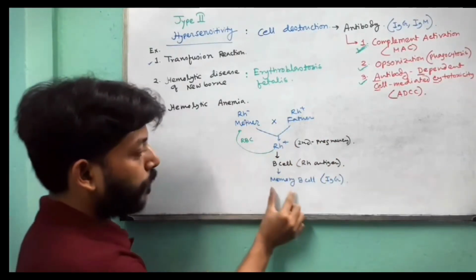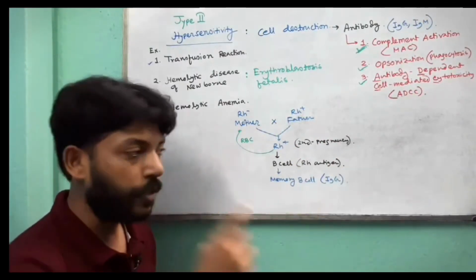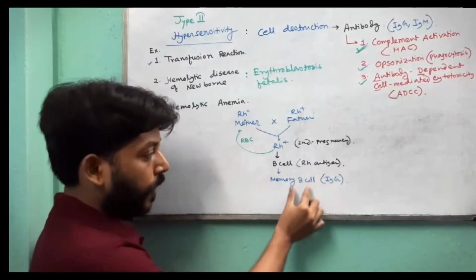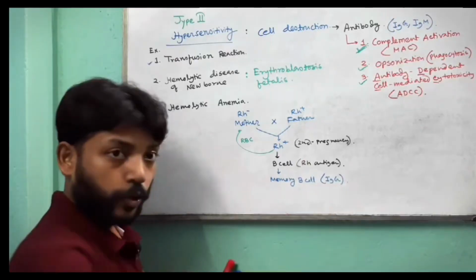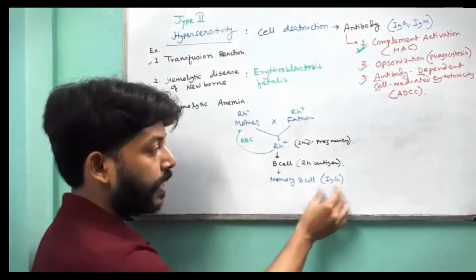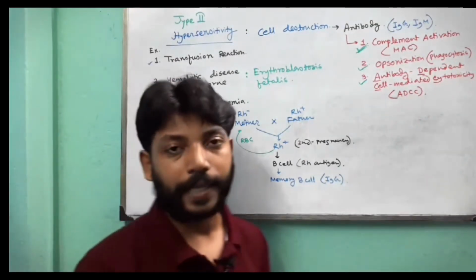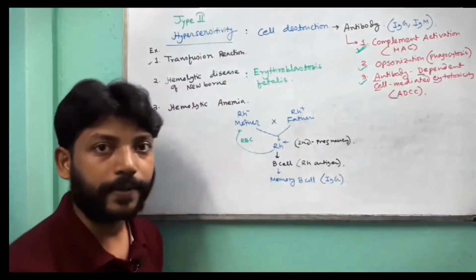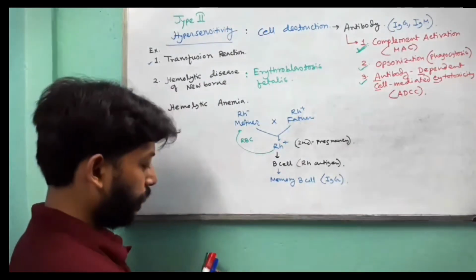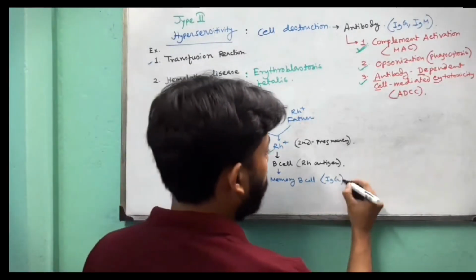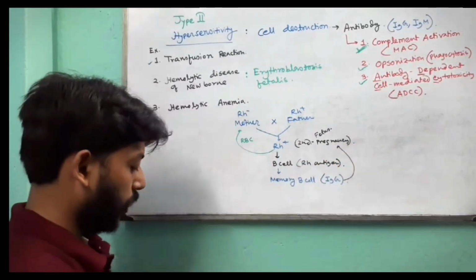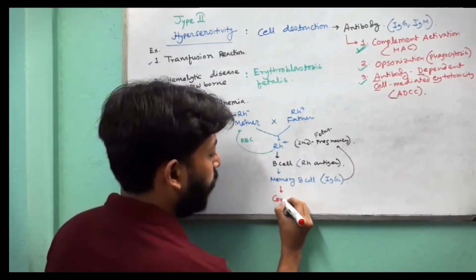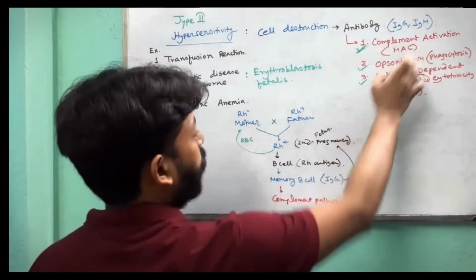This mother has memory B cells against the Rh antigen, and during the second pregnancy, memory B cells produce IgG antibody that crosses the placenta. When this IgG enters the fetus, it activates the complement pathway, formation of MAC occurs,